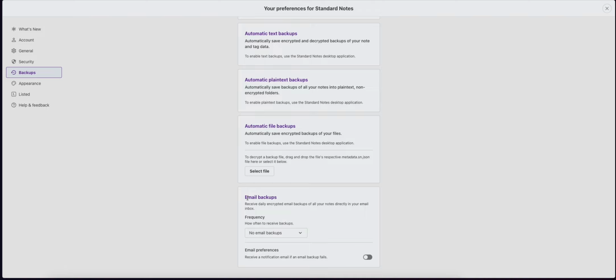Lastly, you have the email backups here for email-based backups. I do this, and so you can set it for every day or every week and have your notes sent to you via an email. This is fully encrypted, so depending on the setting here, Standard Notes will email you an email attachment that is technically just a text file. It's a text file that's fully encrypted that has all your notes in it,